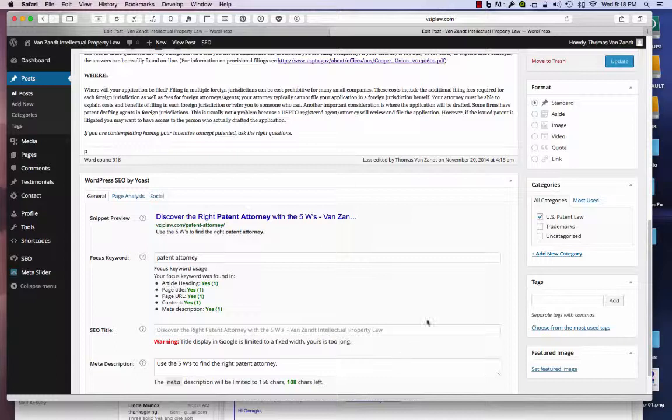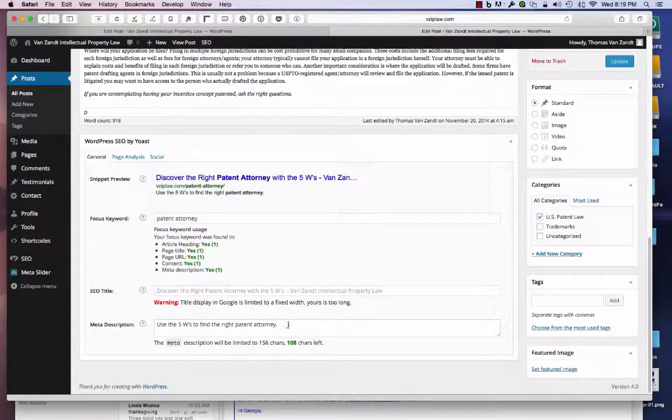And then this SEO title, you can leave, it will automatically pick it up. If you didn't like that and you wanted to edit it, you could. And then a meta description,